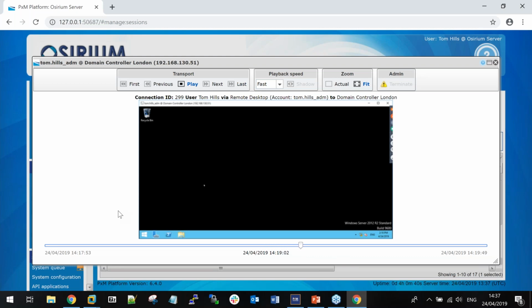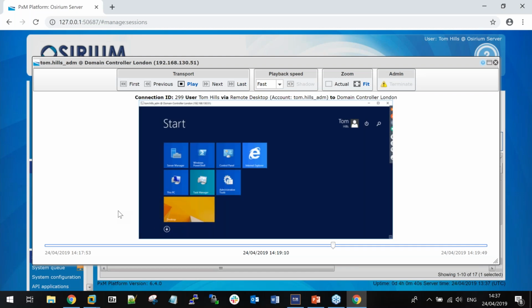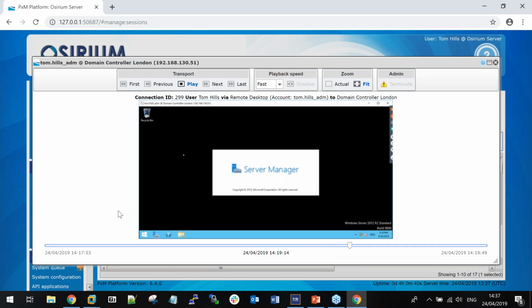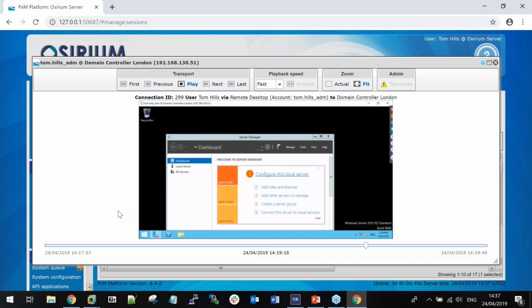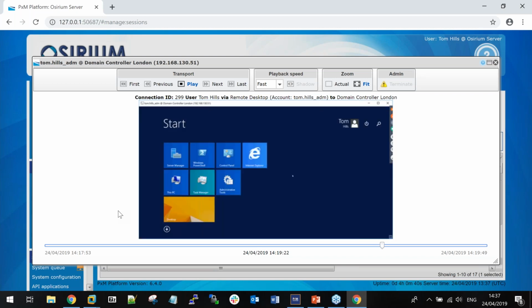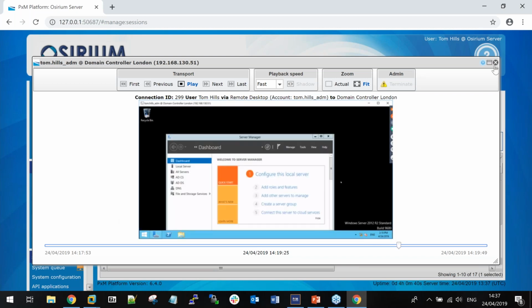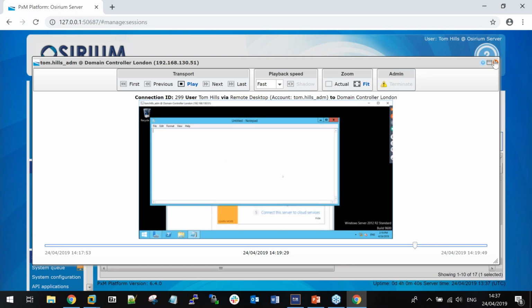And of course, that session recording will be relevant whether it's a client or whether it's the native access. As you can see, I'm going to start carrying out my server manager. And there's the session recording there. So it's important to note that, as mentioned, we are entirely agentless. Our session recording takes a screenshot every time we detect human interaction,